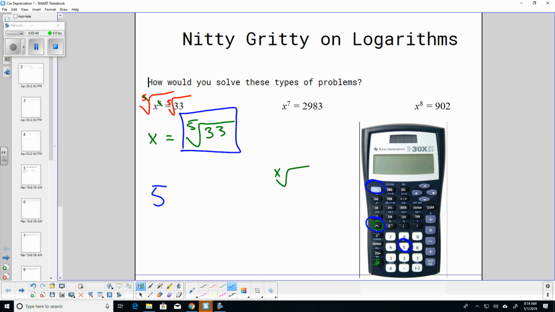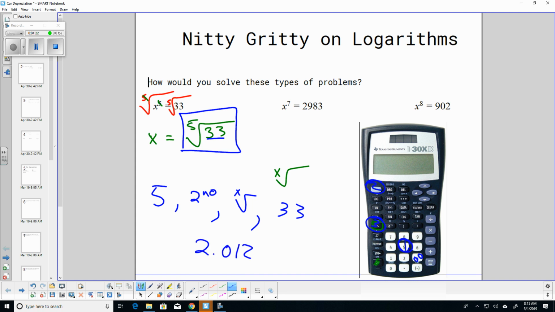So second, that button, and then you're going to type in the 33. Hit enter. So you're going to go 5. That's the first key. Your second key is the second key. Then your third key is that button, and then your fourth key is 33. And then when you type that in, you should get